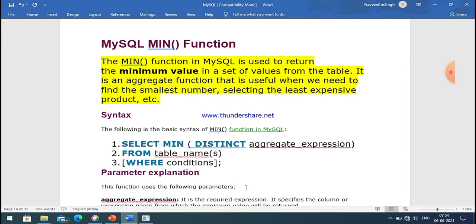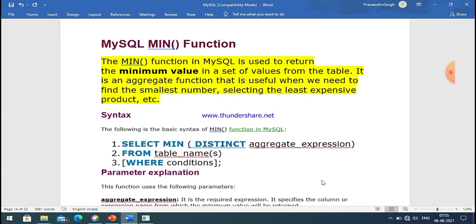So the minimum function is used to find the minimum value in a particular column of a table. And if there is a condition, you can mention this condition with the where clause.